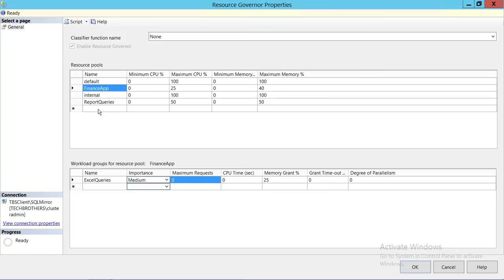So all those different sessions that are running Excel queries on SQL Server, we can put them in this particular workload group. And how many requests this particular workload group can have, you can define here. You can create multiple workload groups under one resource pool. So we're going to say 20 maximum requests this can handle, and for these requests, the CPU